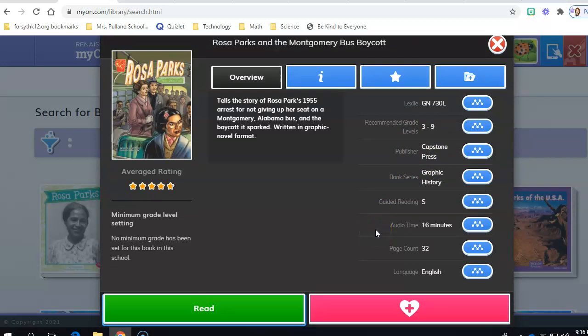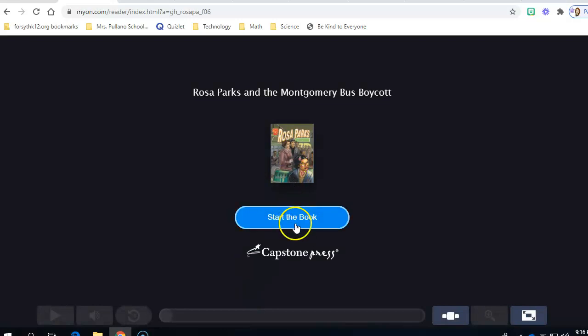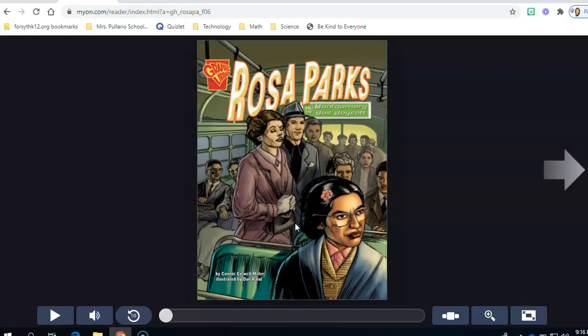So if it doesn't say who it's written by, then you might not have an author. But then you could go to the title and see, do they start the book? Do they give anything? Well, right here, by Connie Colwell Miller. And so you're really looking for any sort of evidence you can find